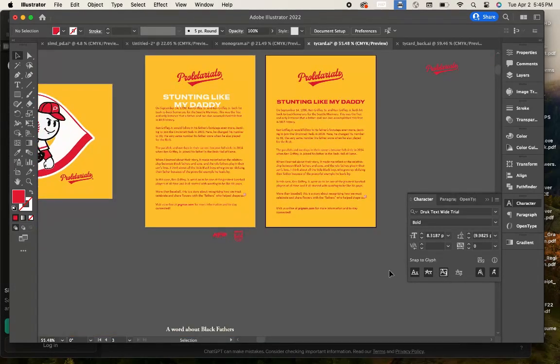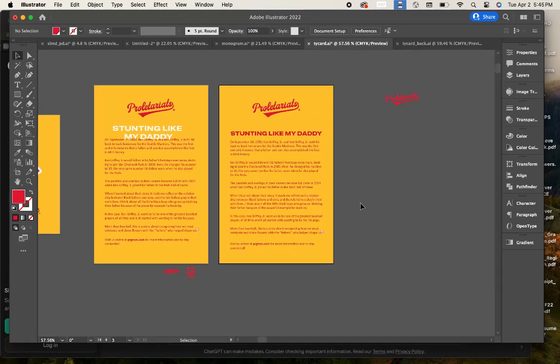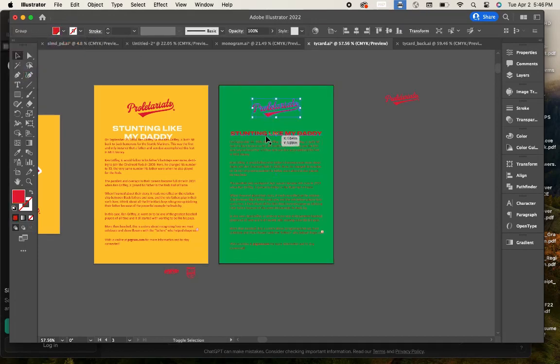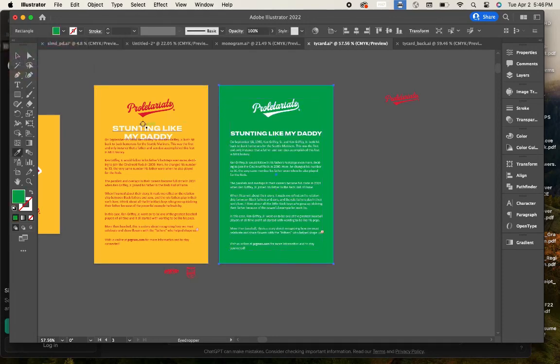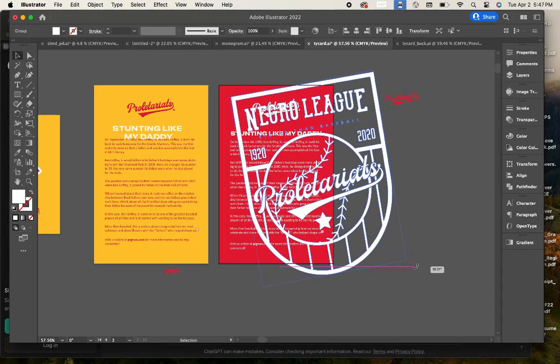But for whatever reason, something just feels really, really off to me. So I try to see if it's because I want to make it bold, but that's still wrong. And I realize it's because you can't really see that yellow. The yellow is just too abrasive to read on, and so I essentially turn around and change the color to red. But then that red becomes really abrasive, so I want something to kind of filter that. So I remember that I still want the Negro League logo in there somehow, so I bring it up